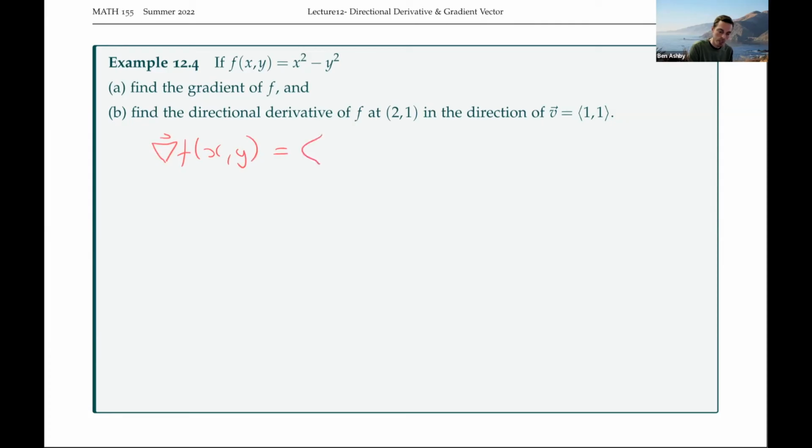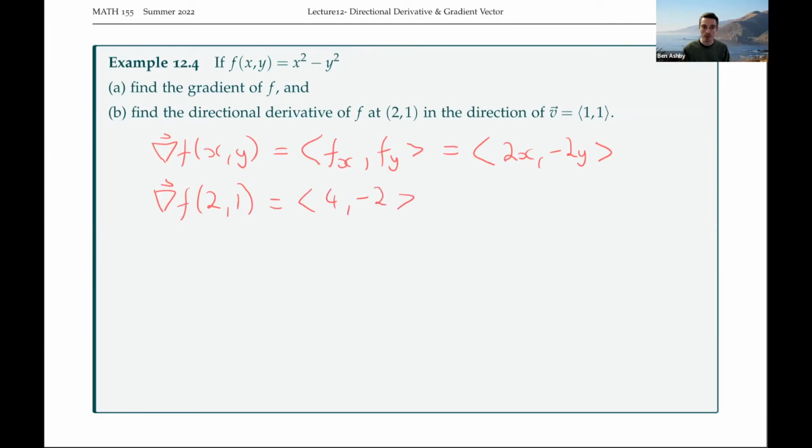So this is going to be our gradient vector composed of our partial derivatives. If we take the partial derivative with respect to x, we get 2x, and the partial derivative with respect to y is minus 2y. Then if we substitute in our values, x is equal to 2, y is equal to 1, grad f at (2, 1) is just going to be (4,